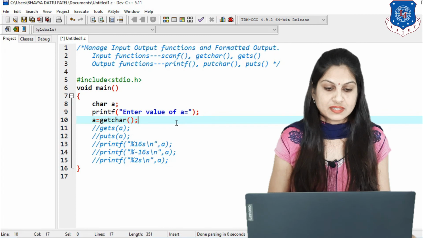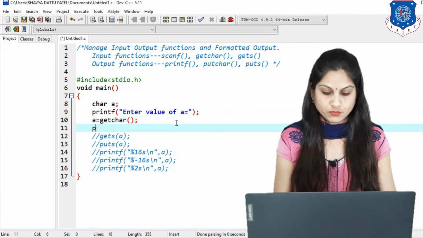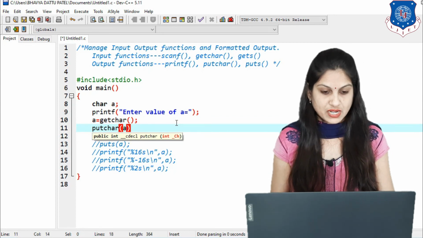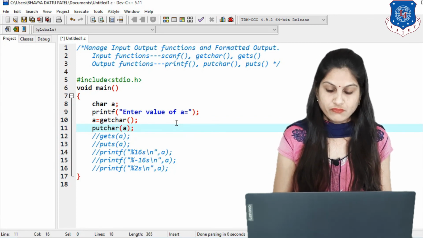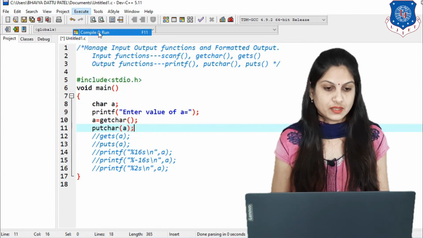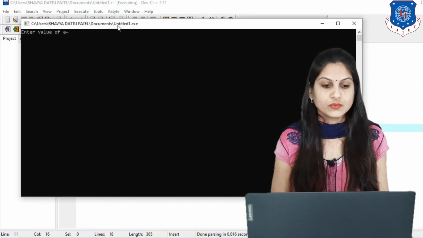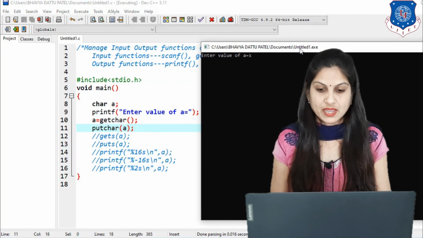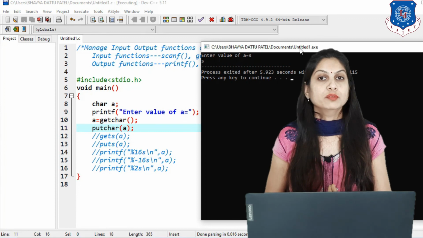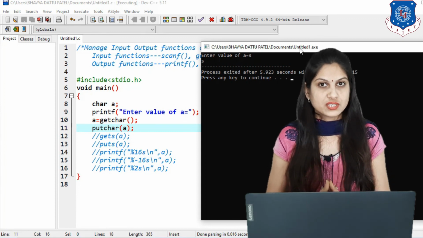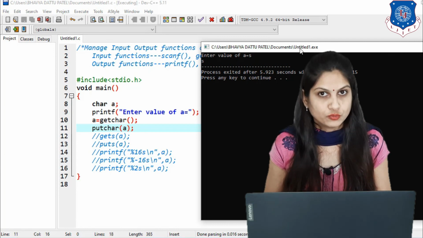So a equals getchar function, and then we have to put that character using putchar. So simply we have to write the name of that variable in the brackets. So compile and execute this program first. So you can find the message enter value of a, and suppose I am entering s, then that value will be displayed. So likewise you can use any of the functions for formatted input output.